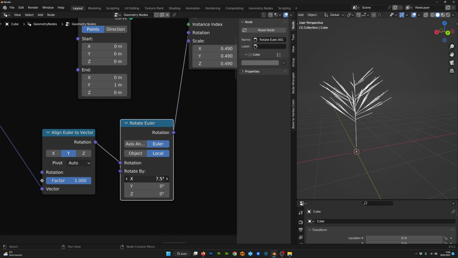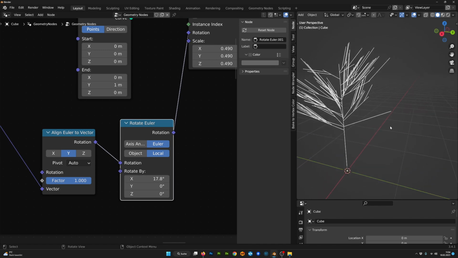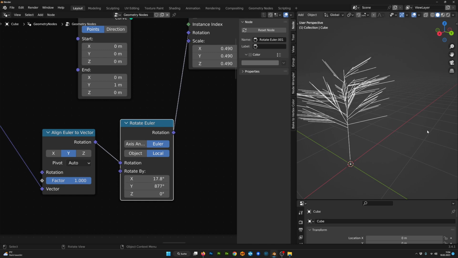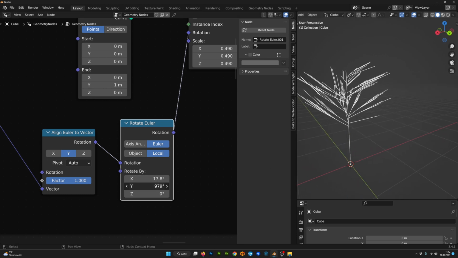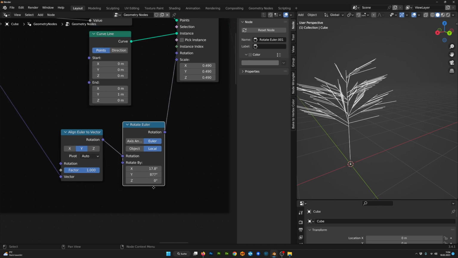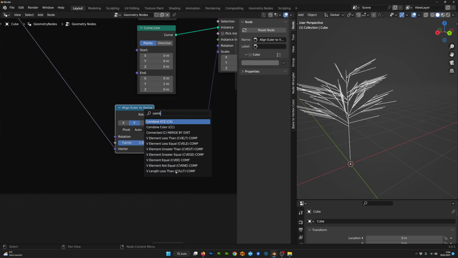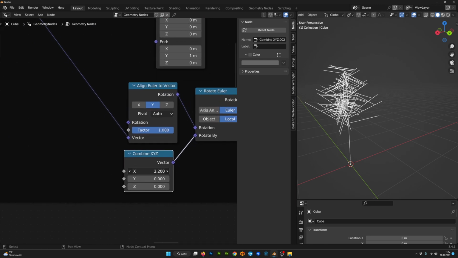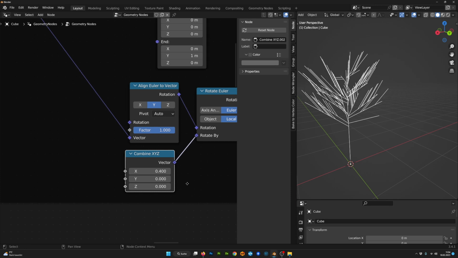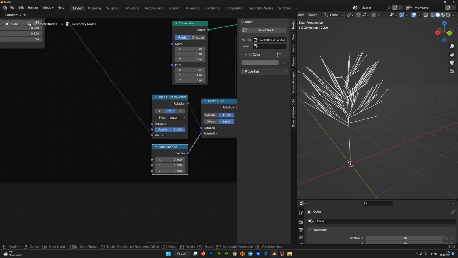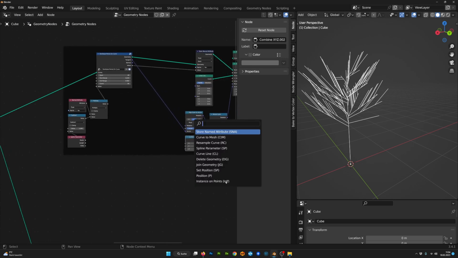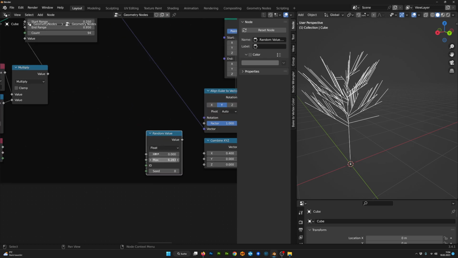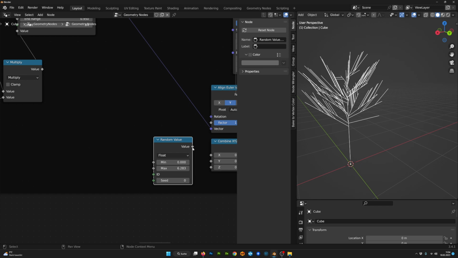And now we can control the tilt of these branches here again. And with the y component, we rotate these branches around our first branches. So we want to randomize this here again. So let me take a combine X, Y, and Z node, plug it in here. Let me, for now, just tilt it like this. Then we take a random value node again, set it to tau, so a whole rotation, plug it in the y component,